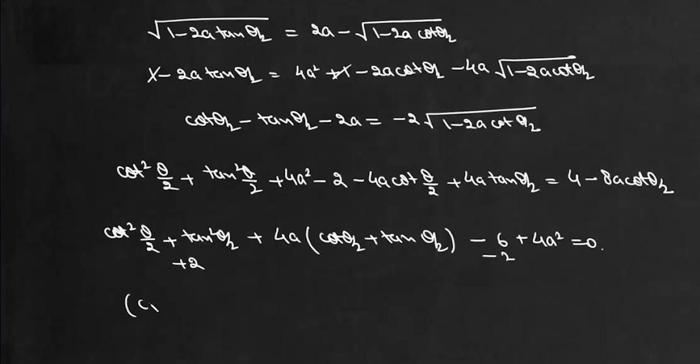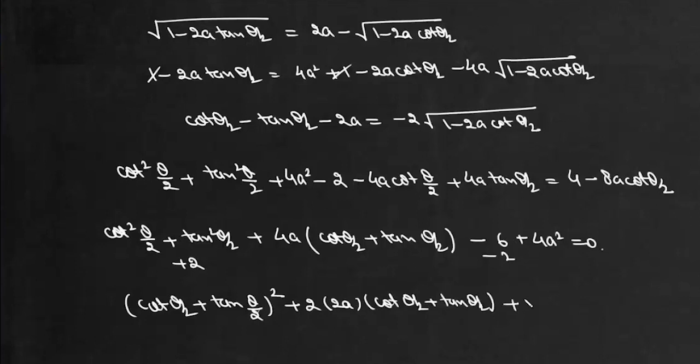as cot theta by 2 plus tan theta by 2 whole square plus 2 into 2a cot theta by 2 plus tan theta by 2 and plus a whole square, and it will be equal to 8. Now this is a square plus b square plus 2ab, so we can write this as